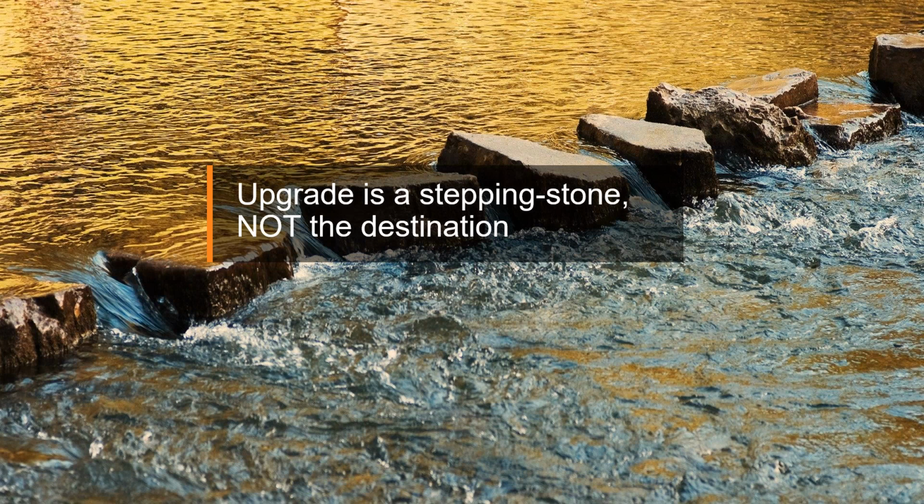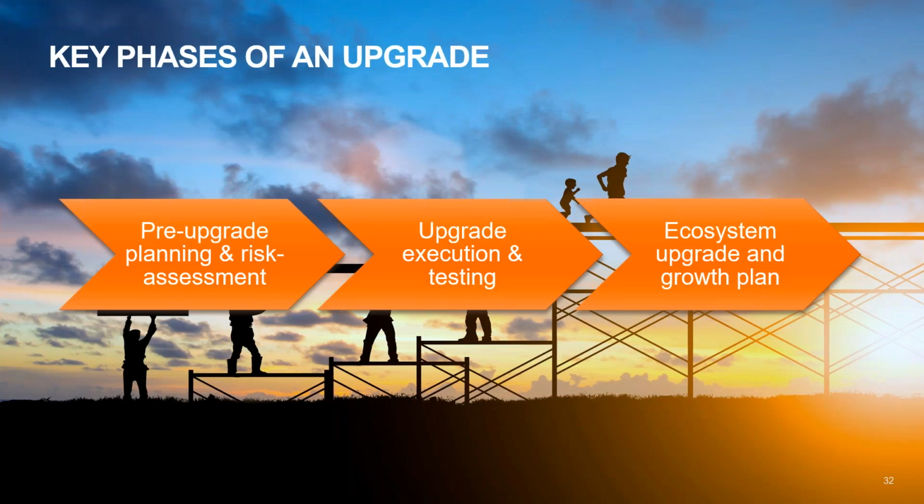We all know, and I still emphasize this point, that upgrade is just a stepping stone. The main objective is of course to move closer towards superior customer experience initiatives such as personalization or a more secure environment. So the key phases of upgrade: I love the classic way of breaking down every process into 3 phases. That's how I define even an upgrade process. The first phase is planning and risk assessment. Satish rightly highlighted, this is the most critical part of the entire upgrade process. If not done carefully, we may end up in a situation, and I've seen a lot of those, where the entire upgrade might be required to be rolled back.